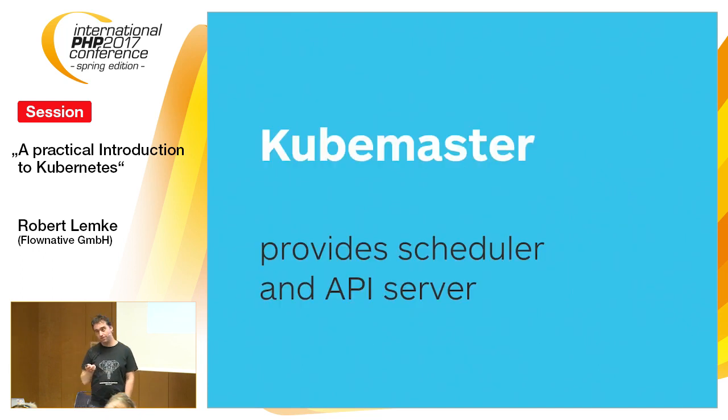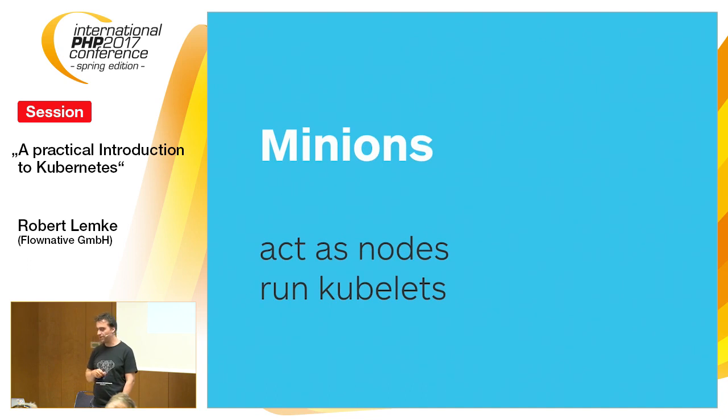So the Kube master basically provides a REST API to allow you to launch containers and configure everything. That can be clustered, of course, as well. There are lots of details on how to run that, but it's basically the API of Kubernetes, and the nodes are called minions, right? They just do the work, and you can have lots of them, thousands of them.